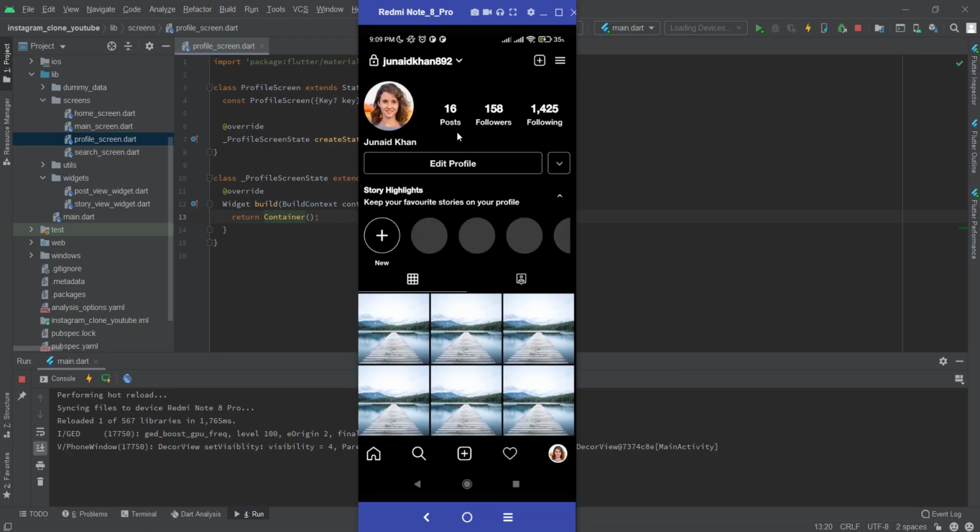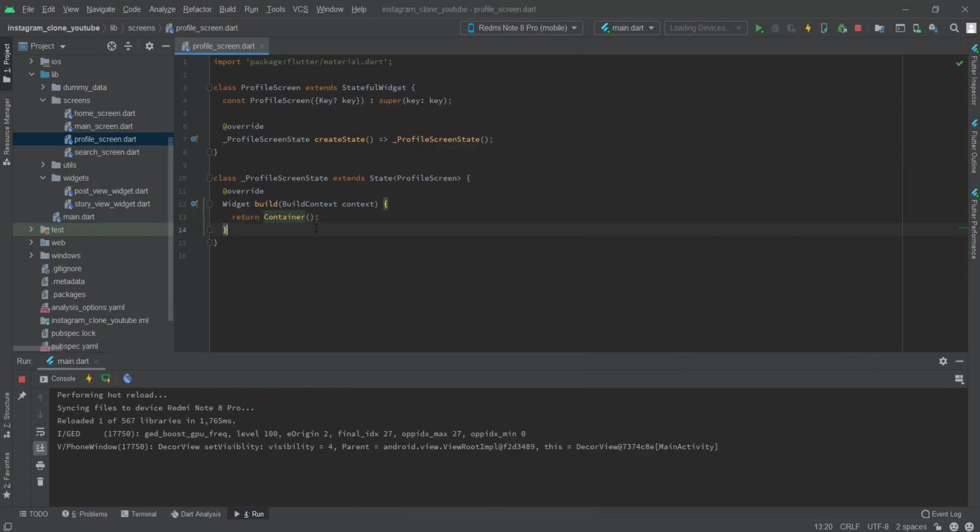Okay, so let me see what we have to develop. First we will develop this section. For this we will use row, because we can see that this is another section: this is the first section, and this is the second section. For the first section we need to use column, and for this section we need to use row again. First we will use single child scroll view,